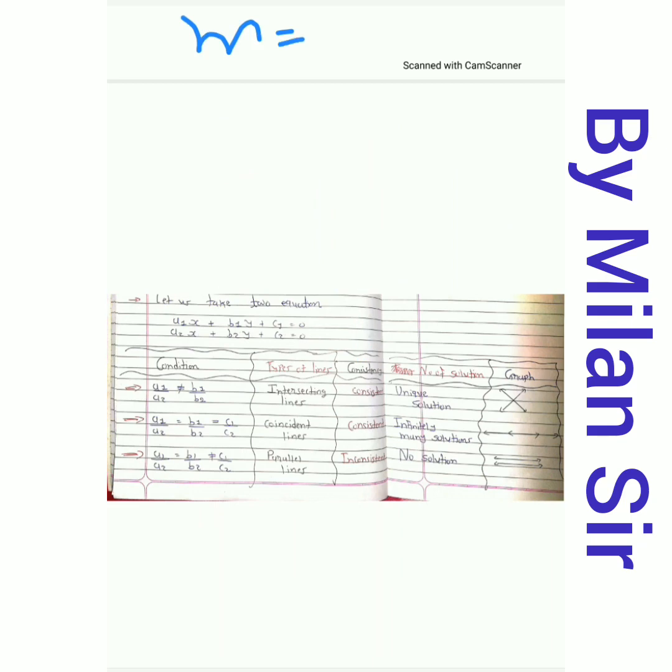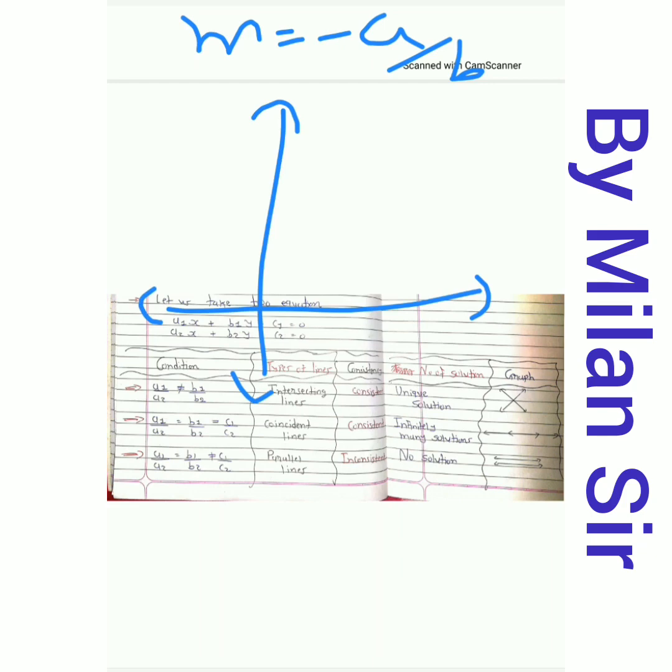So here I have written minus a by b. This is the slope of a linear equation. Now, for two lines, two possibilities are there. Two lines having the same slope, if one line is like this and the second line is like this, are two parallel lines. Parallel lines always have the same slope. They make the same angle with the horizontal line. That's why they are parallel, because parallel lines do not intersect anywhere. They always have the same perpendicular distance at every point, right? So they have the same slope.